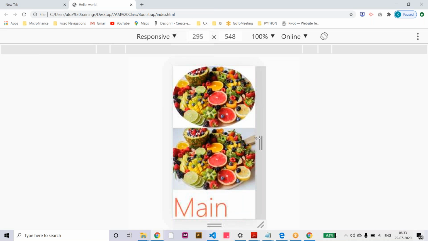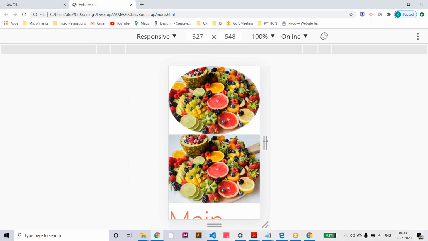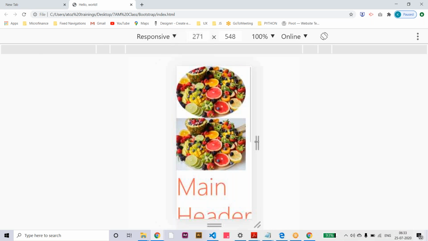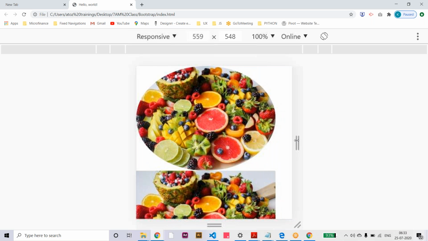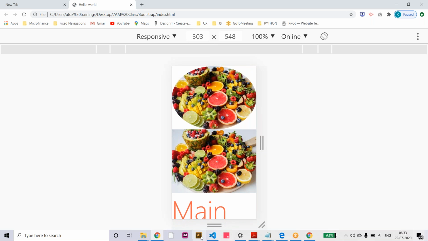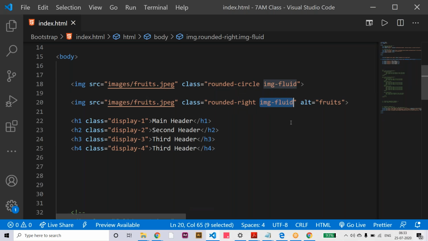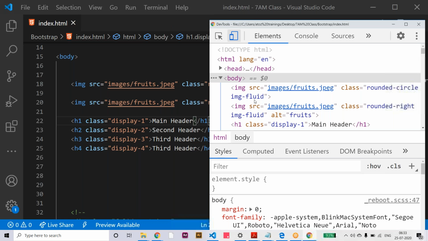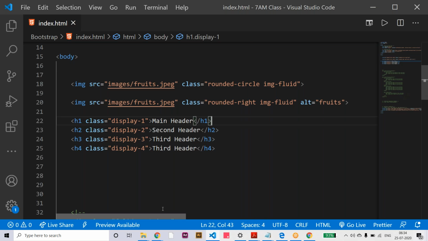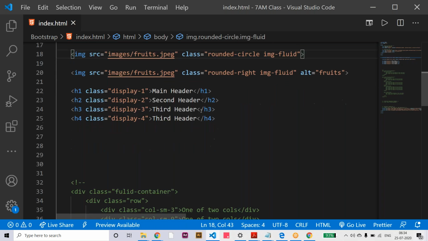You can see the complete image on any size of screen. So we need to apply only the img-fluid class for responsiveness.